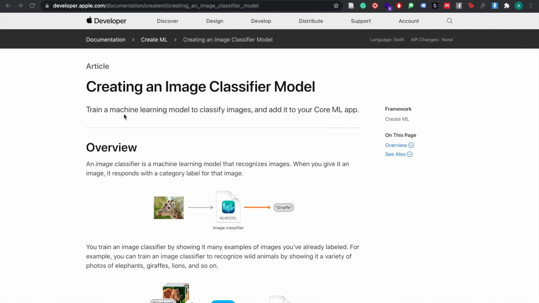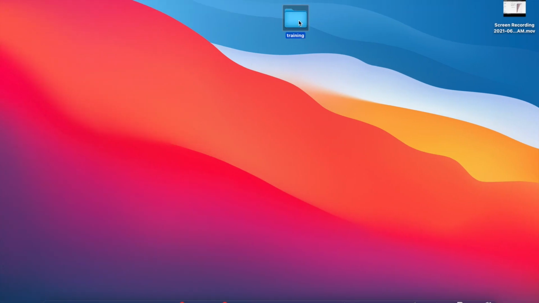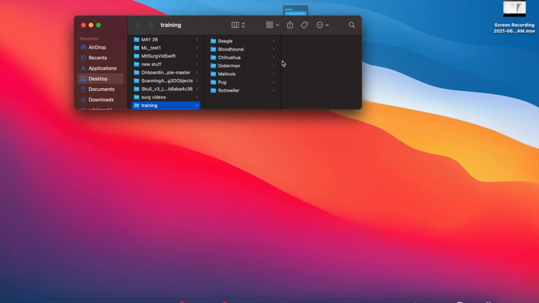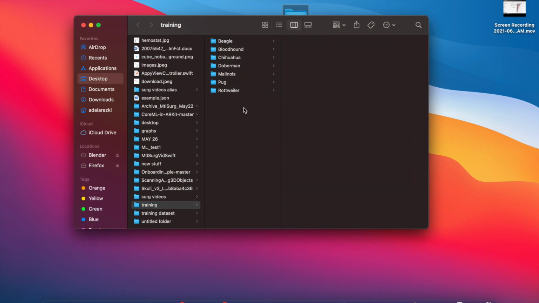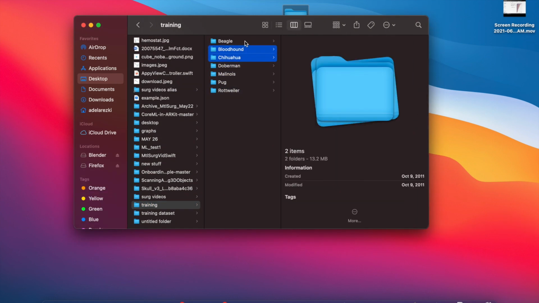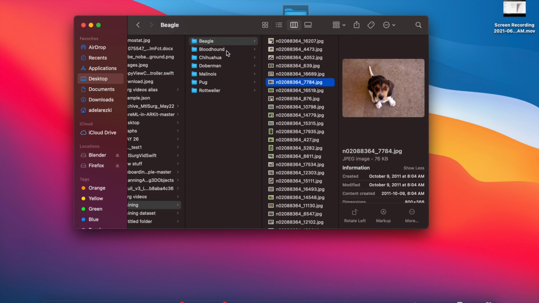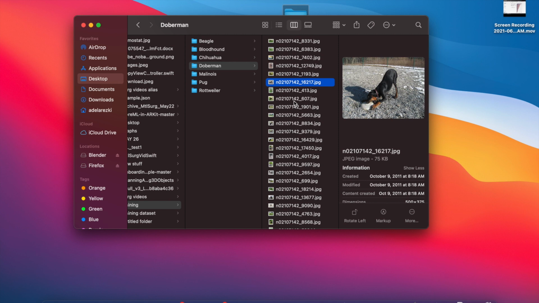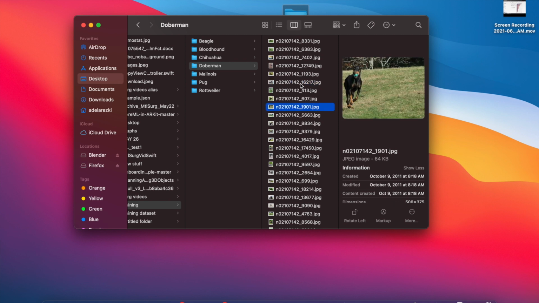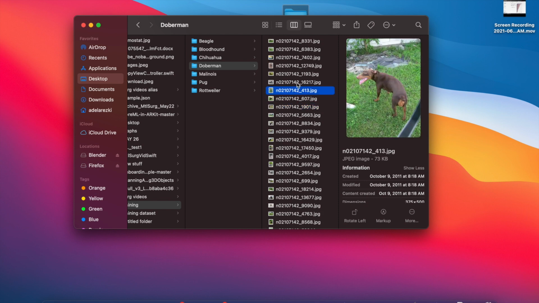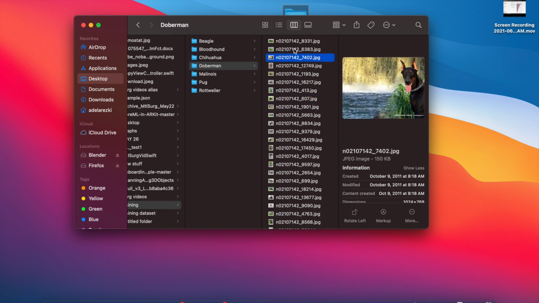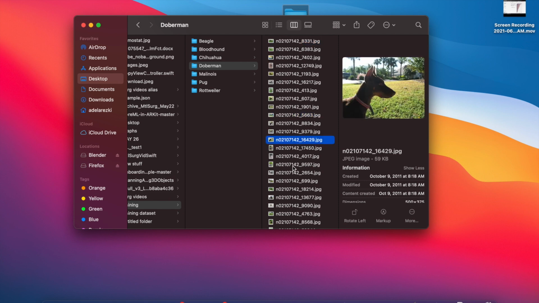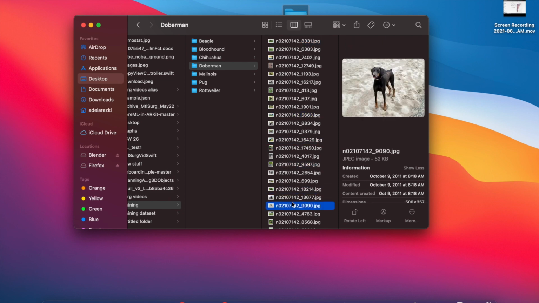So what I did is I downloaded a sample dataset from Stanford. It's a dataset with different dog breeds. Here we have Beagle, Bloodhound, Chihuahua, and I took around 7 or 8 dog breeds to incorporate into the machine learning model that we want to build. As you can see, the images are very diversified, and that's important: take different images that are very diverse in order to build your dataset, and it will help the